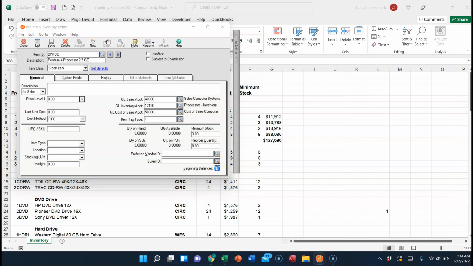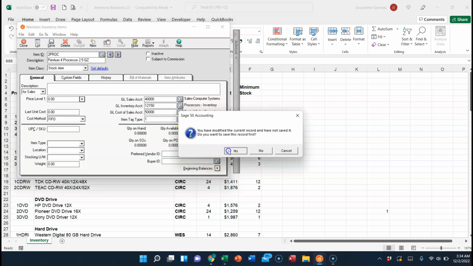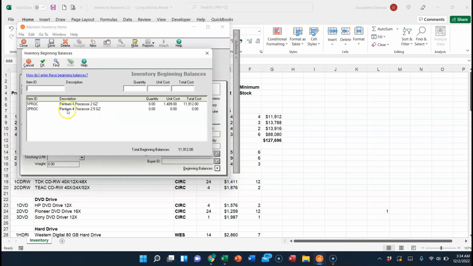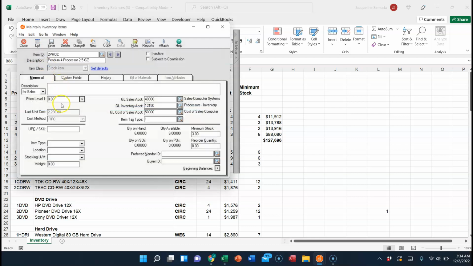In my beginning balances, clicking on 2PROC to bring it up, put it in my quantities, 6, my unit cost, 2298, okay, save, new,